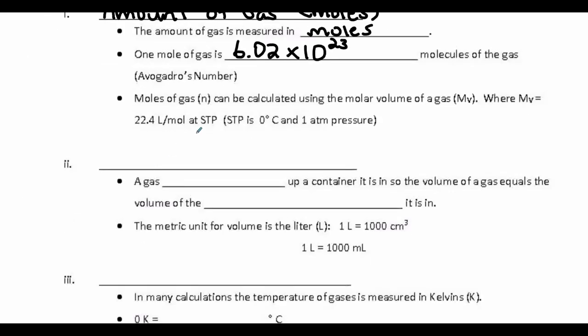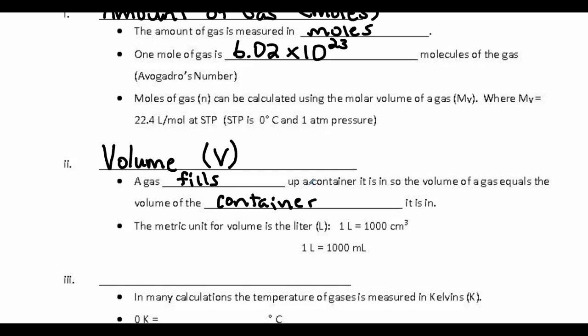The second way is volume. Again, we have a pretty good understanding of what volume means. So volume is symbolized just with the capital V. A volume just means basically the 3-dimensional space that the gas occupies. So a gas will fill up a container, right? It spreads out to the entire space that it's given. So the volume of the gas is always equal to the volume of the container that it's in, because